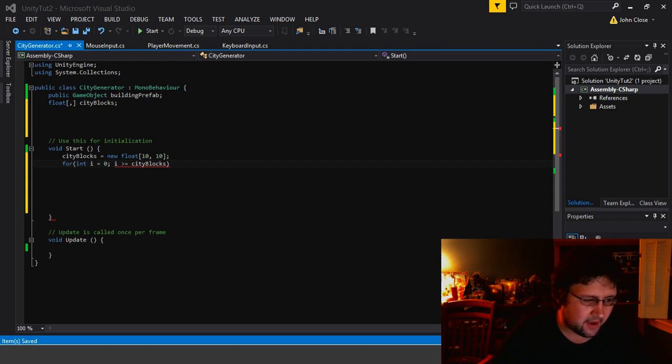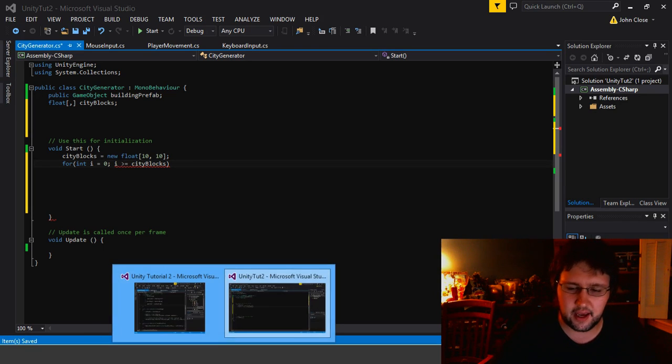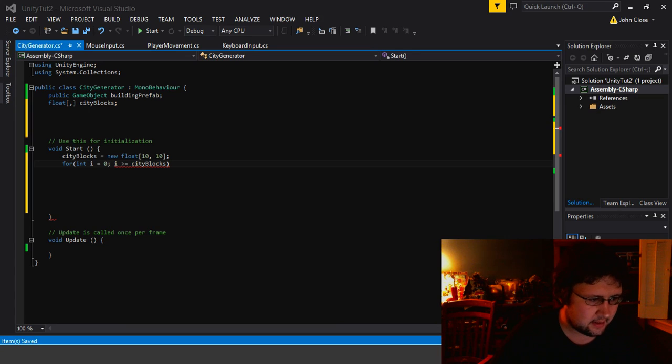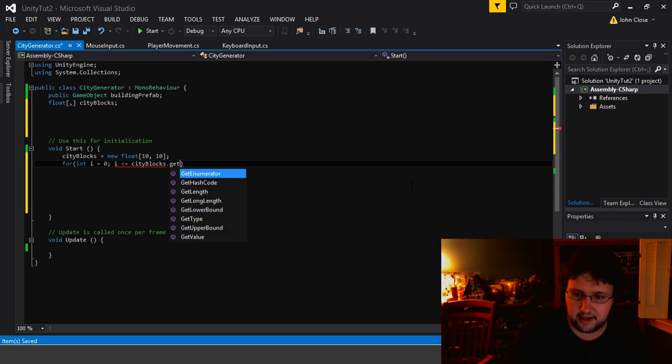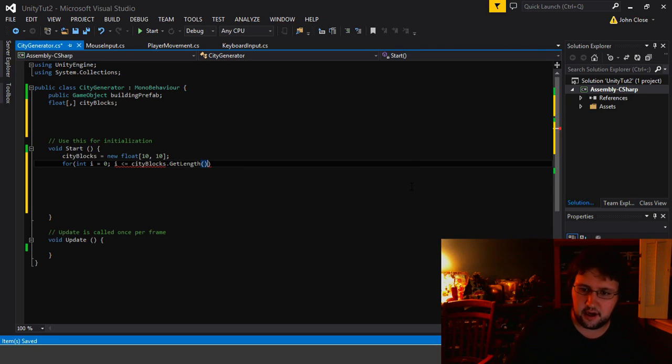I can't remember if we iterate while it's less than or until i is greater than. Let me just double check my city generator script. It's less than. Okay. So while i is less than or equal to cityBlocks.GetLength of the first dimension, so the 0 dimension,